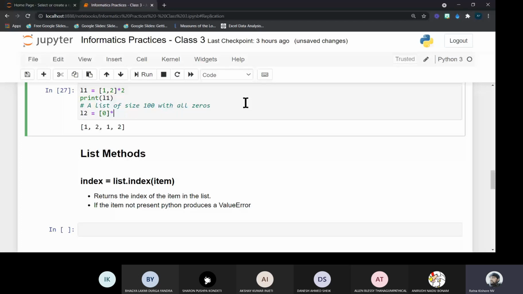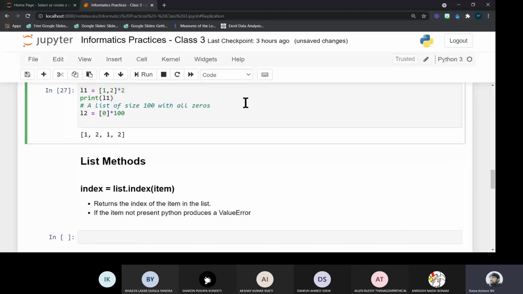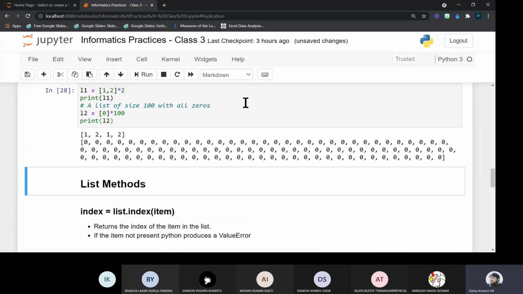I am taking a list with only one element, 0, and replicating that list 100 times. Then L2 will now have 100 elements, all zeros. See, if I display L2, this will be a total of 100 elements of zeros. The size of L2 is 100, and all these elements are zeros.